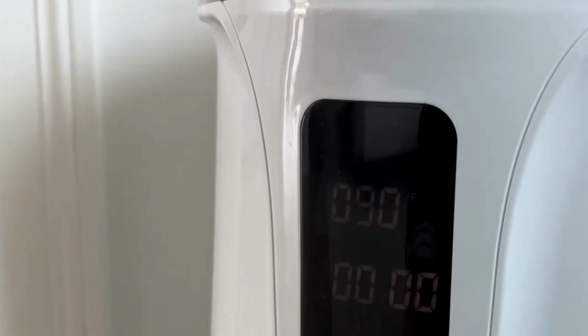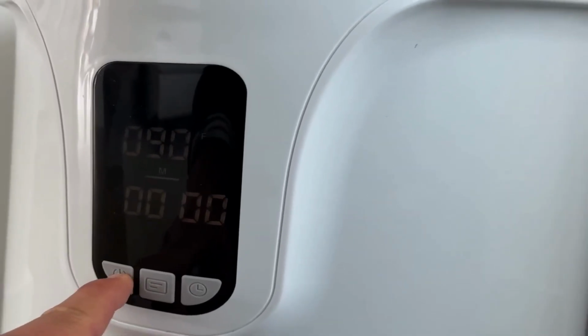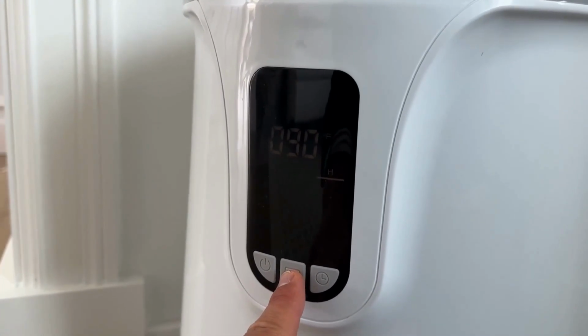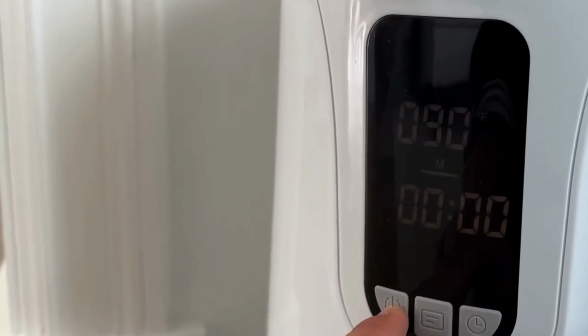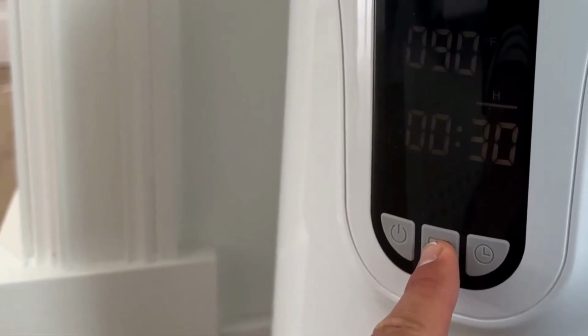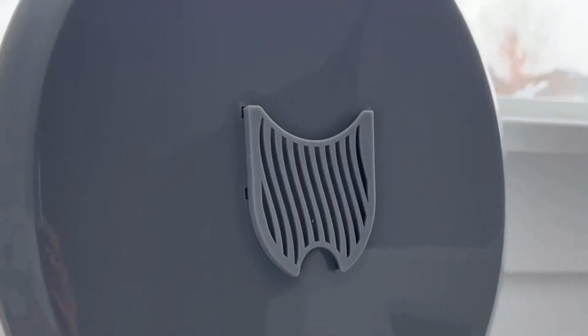Let me talk about heat because that is what matters. With one large bath sheet loosely folded, I feel real warmth in about 6 to 8 minutes, and the towel is fully toasty after around 15 minutes. When I put a robe in there, especially a fluffy one, I like a 20-minute set in the middle temperature. The whole towel feels surrounded by heat, not just hot stripes where it touched a rail. That immersive warmth is what makes this special. When I step out, wrap up, and the heat hits, it is instant comfort. If you are into long baths, the 60-minute setting keeps things warm so the towel is still cozy when you